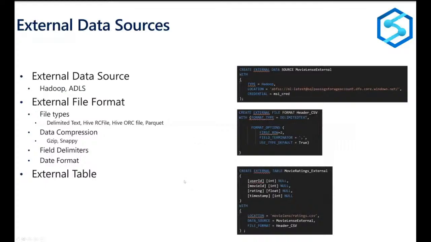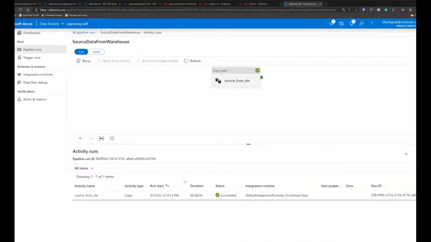Next, I would like to also show about the external data sources. If you come from a Hadoop background, you might have heard about things like managed tables or external tables. When we work with Hive, Hive has this concept of managed and external tables. External tables allow us to separate the data and the metadata part of it, or the definition of the schema of the data.